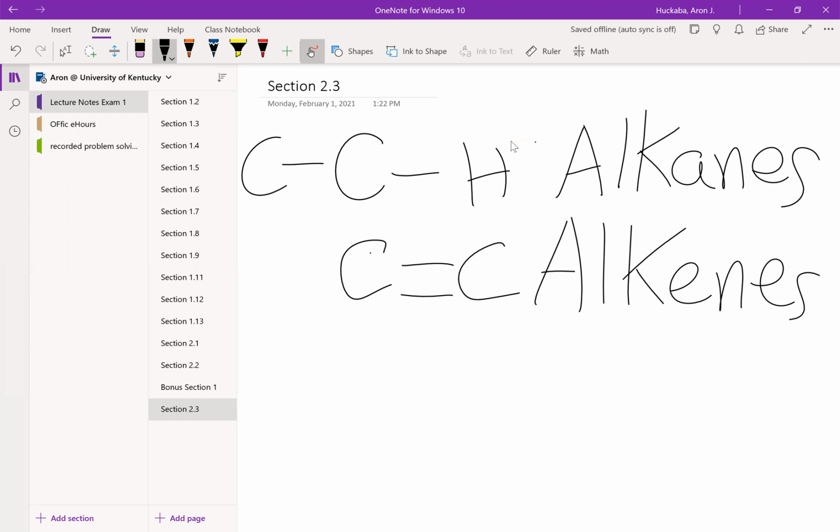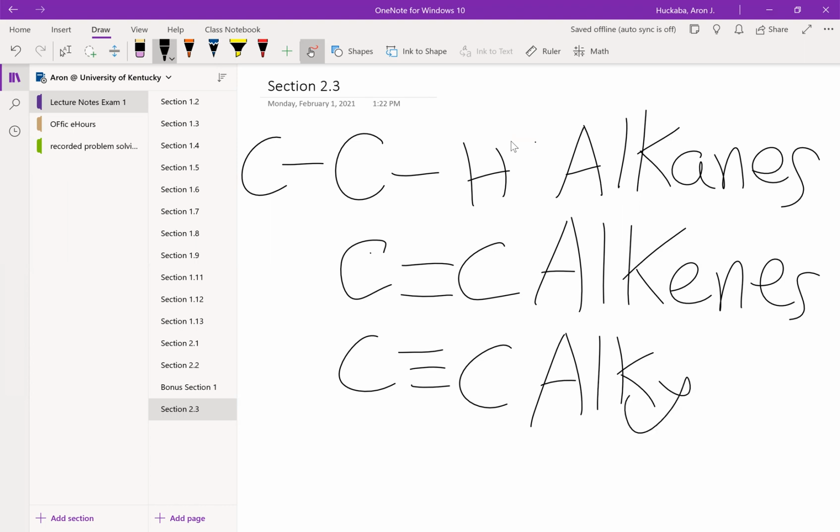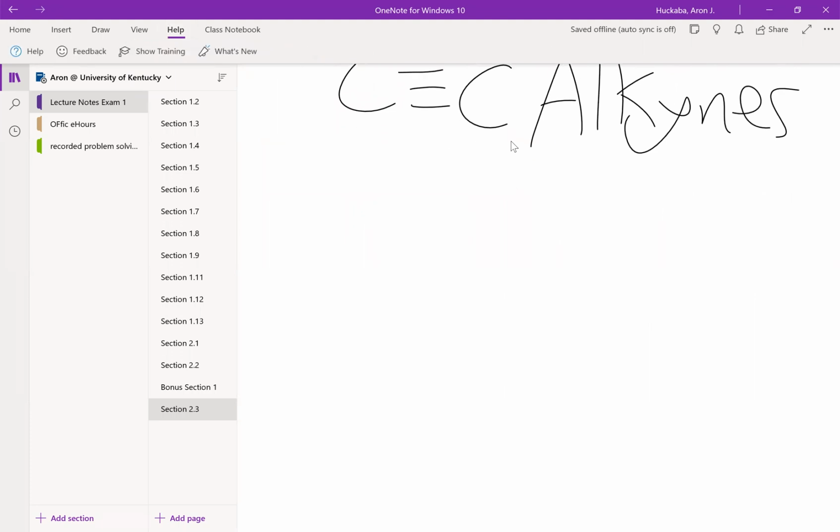Okay, the next one you should be able to find are triple bonds. There we are, and those are called alkynes. Whoops, tried to go down the page there. There we go. Okay, next we have